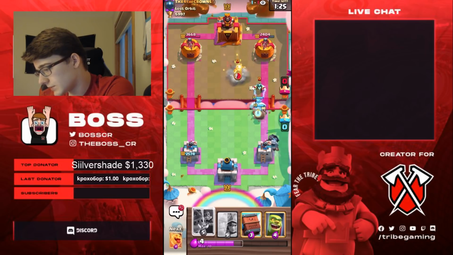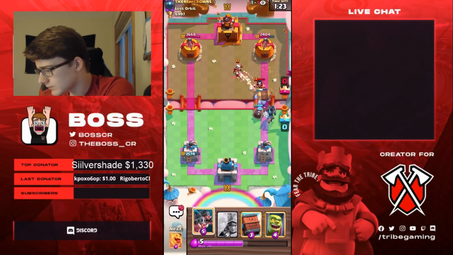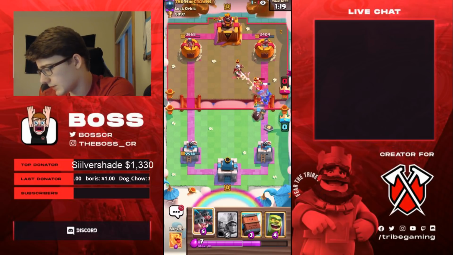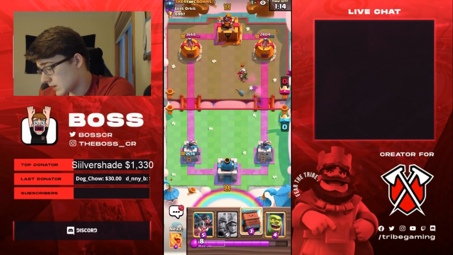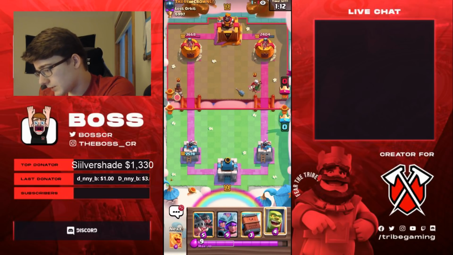So we'll go for an Ice Golem here. He's going to go for a Magic Archer. We'll just let this do its thing. I'm not going to do anything else. I'm not going to play Royal Hogs into a Magic Archer. That's just a bad play. I will, though, probably... Okay, so